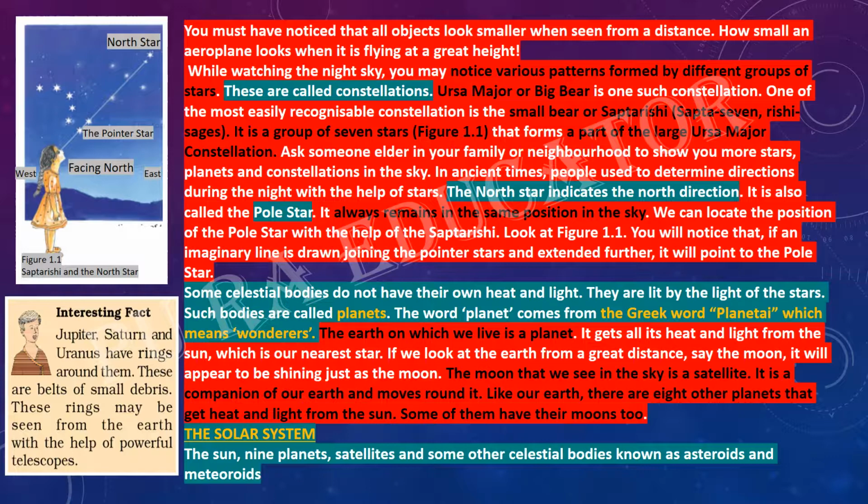You can easily recognize the small bear or Saptarishi. Sapta means 7, Rishi means sage. It is a group of 7 stars. It is assumed that Rishis are sitting,